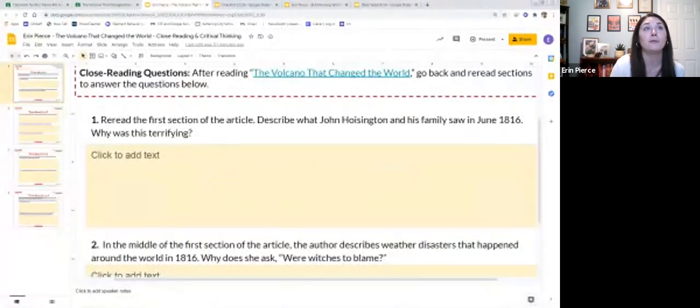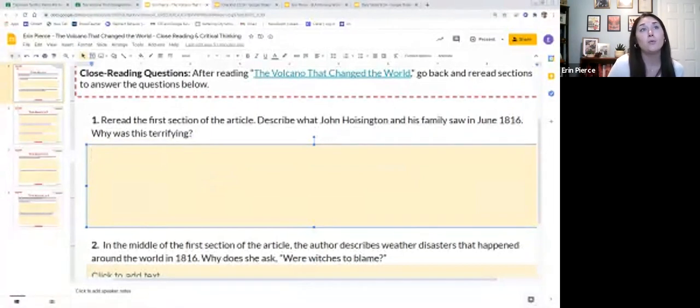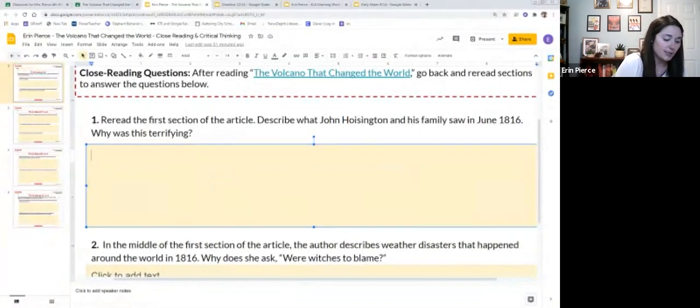I'm going to zoom in. There we go. That way maybe we can see it a little better. It says, number 1, reread the first section of the article. Describe what John Hossington and his family saw in June 1816. Why was this terrifying? So if I go to that first section,